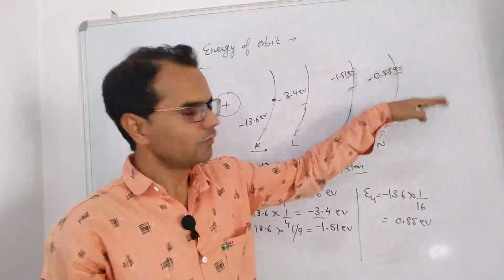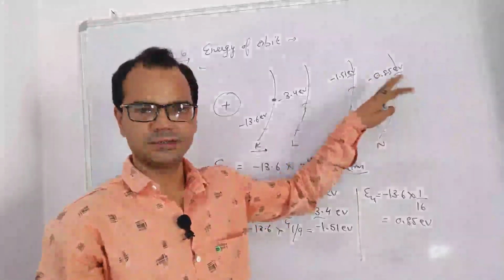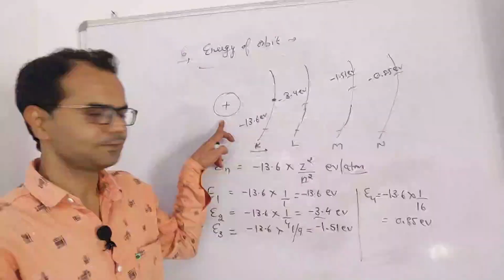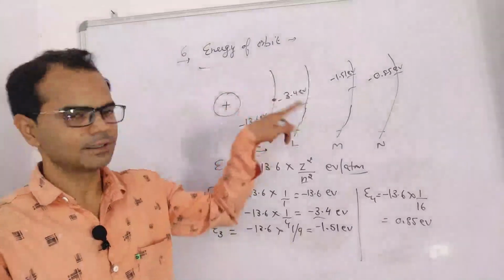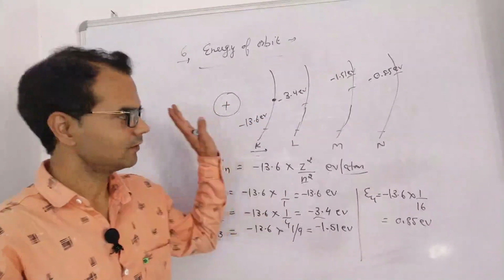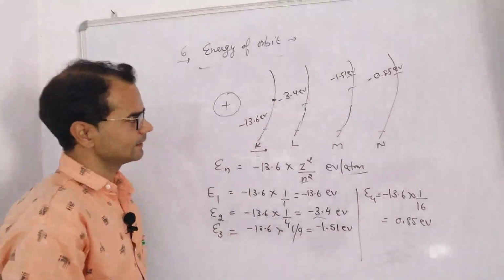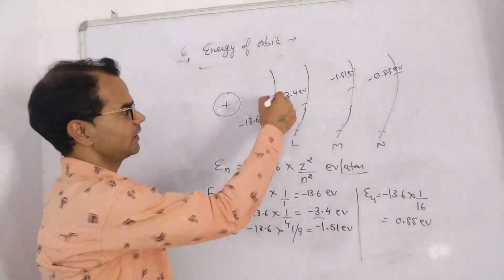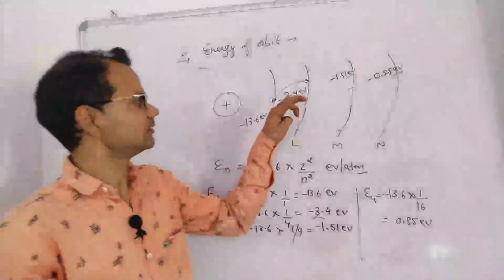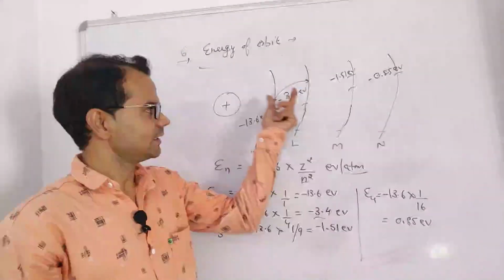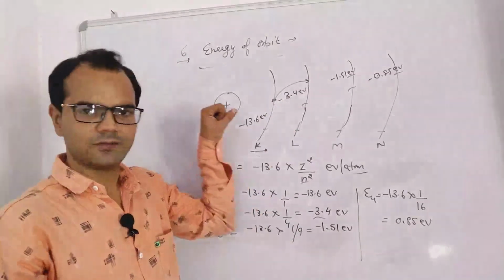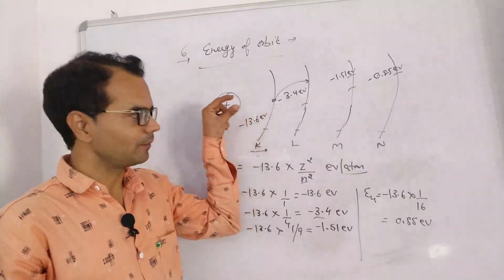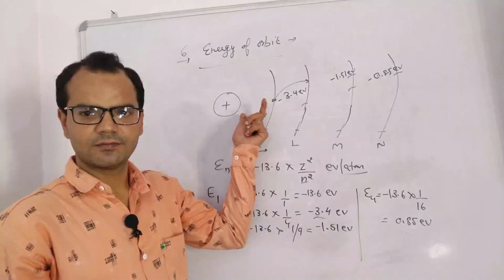And if we move to the infinite level, the energy value will be 0 electron volt, meaning there will be no attraction force between the electron and the nucleus at an infinite level. Clear? Let's understand again. If an electron is present in the first shell, the K shell, and it has to jump to the second shell, then definitely it will require a certain amount of energy. It will absorb energy in the form of a photon. What is this photon? A photon is a small packet of energy, simply you can say a form of light.